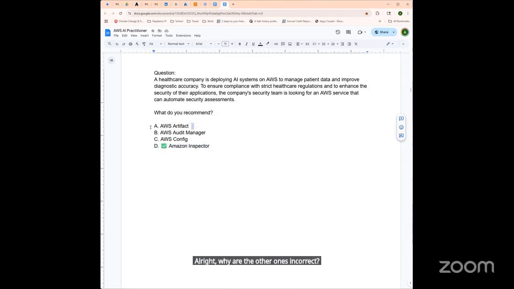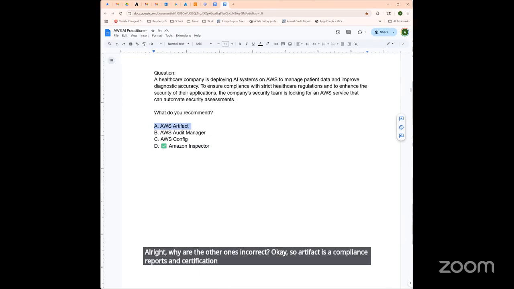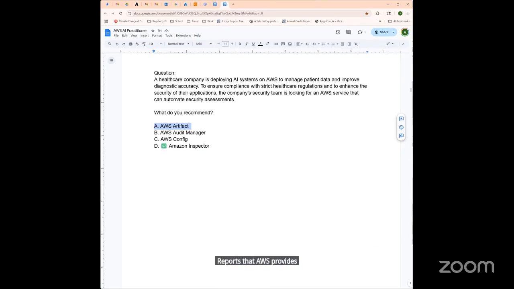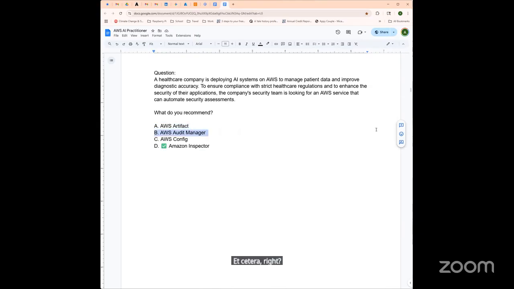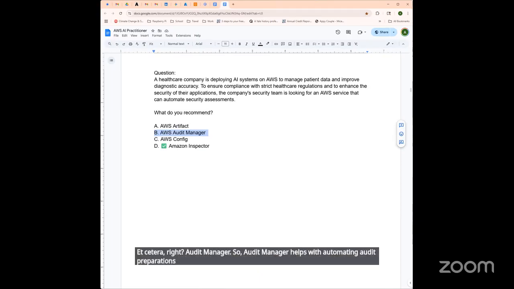Okay. So Artifact is a compliance reports and certification service. So this is basically like a library of reports that AWS provides to show that they meet compliance for things like HIPAA or SOC 2, PCI DSS, et cetera. Right? Audit Manager helps with automating audit preparations. So that means evidence collection for compliance programs, right?